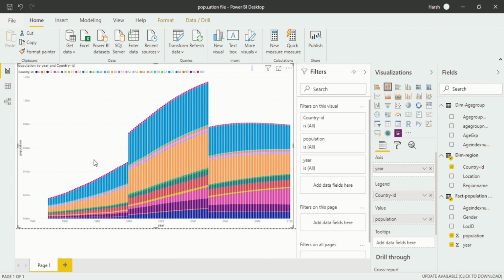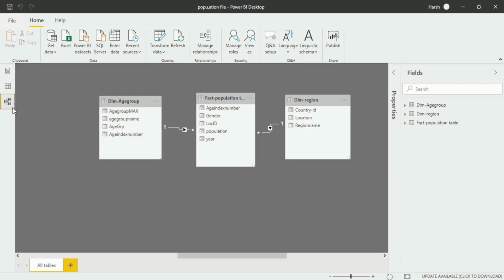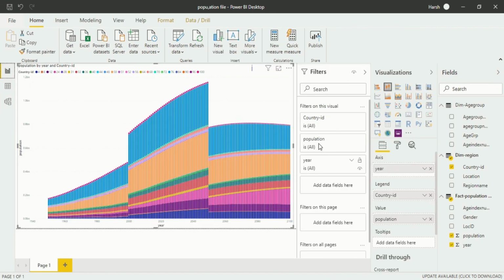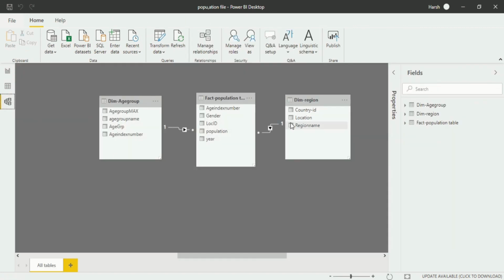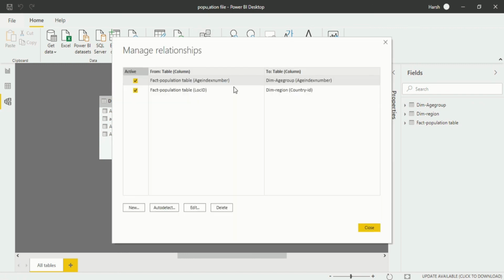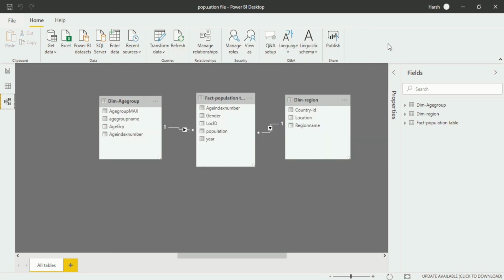If you haven't been able to create or edit them, there are certain things in your visualization that won't be able to happen. Again, we go into the model view and see these are the relationships which you can see. When I click on this relationship, this is how it works. If you want to delete any of them, you can go again into manage relationship and delete it from here also. So this is how you will be able to edit your whole relationship.